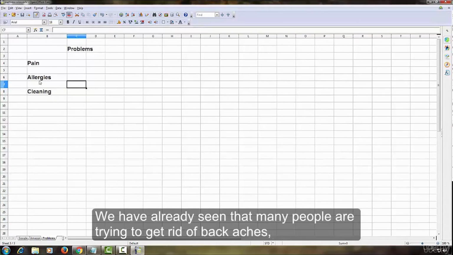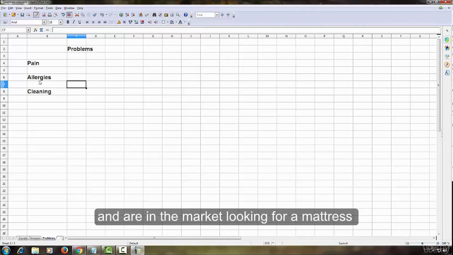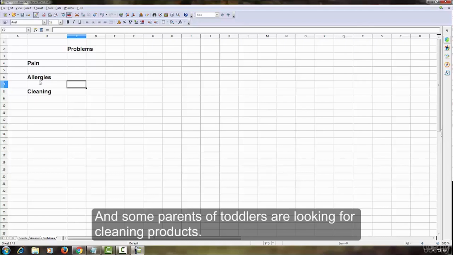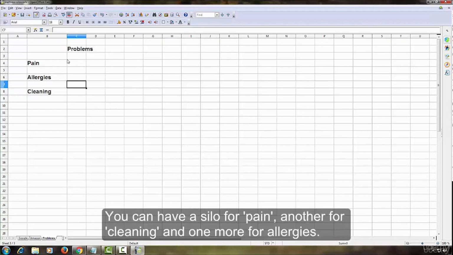We have already seen that many people are trying to get rid of backaches, neck pain, shoulder pain, and hip pain, and are in the market looking for mattresses that are recommended for their particular condition. And some parents of toddlers are looking for cleaning products. These are possible candidates for silos as well.